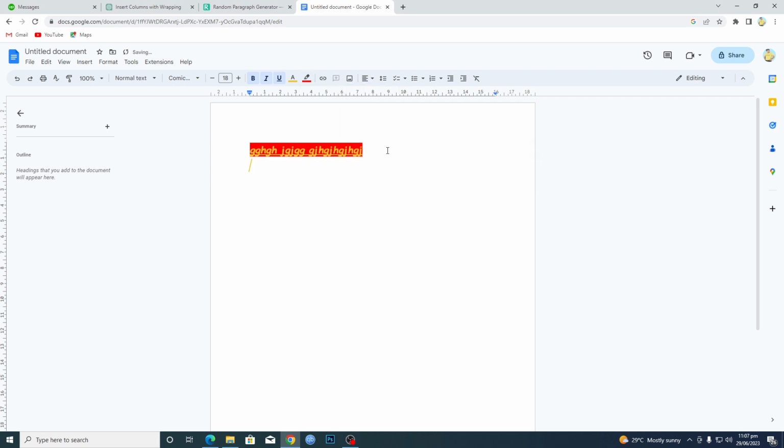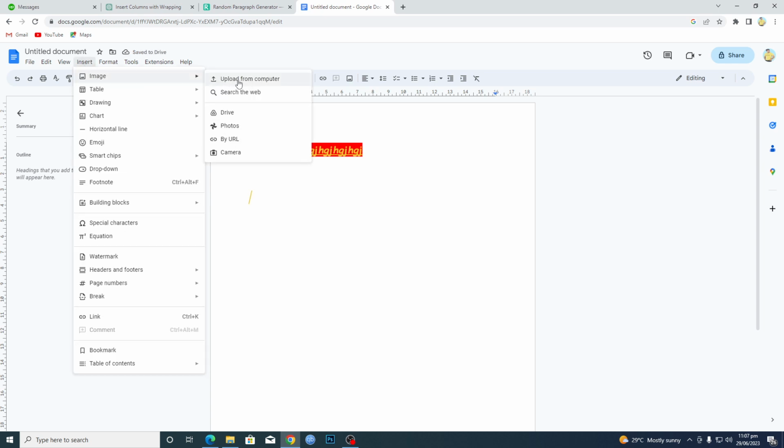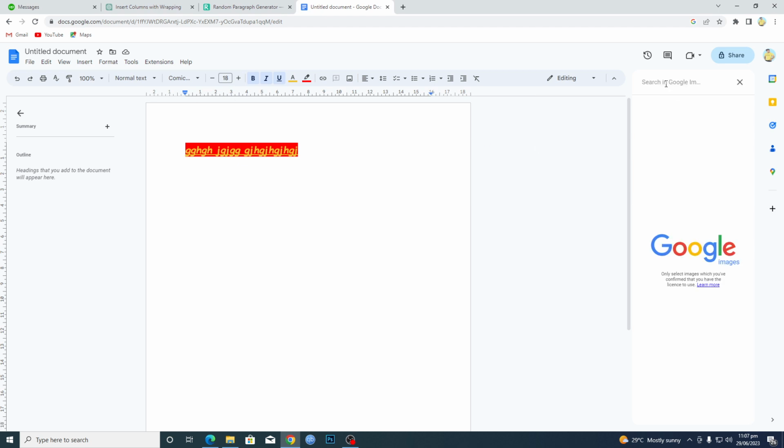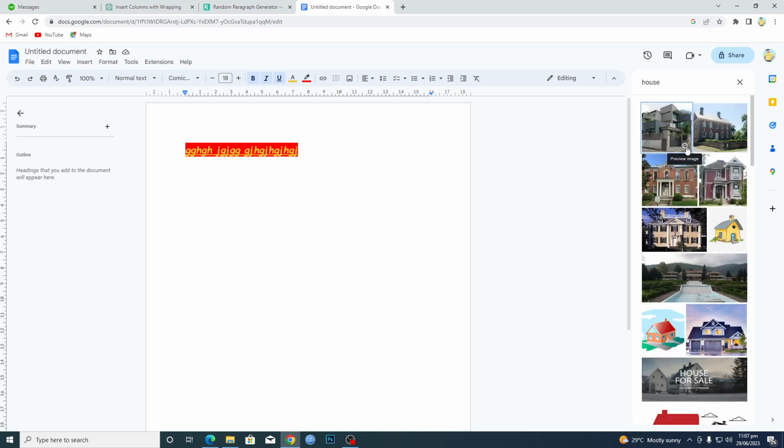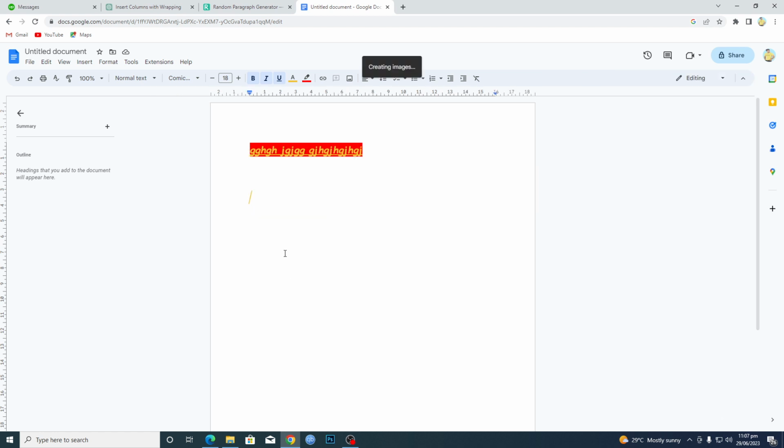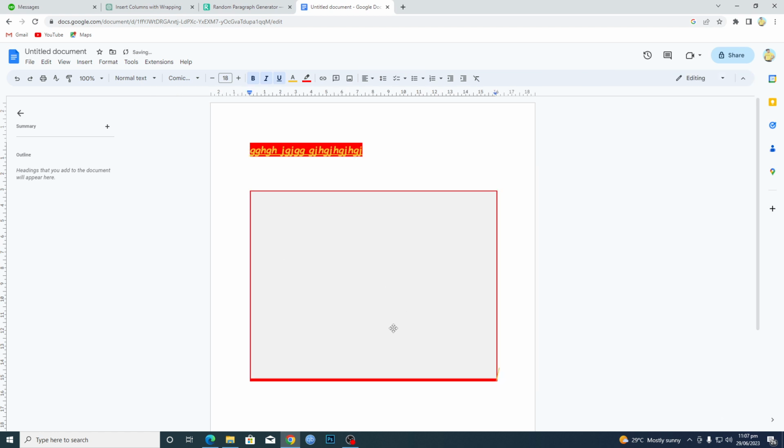And basically now, let's suppose you wanted to insert an image, go to Insert, Image, and there are multiple sources from which you can add an image. So I will just search the web here, and here you will add some keywords. Let's suppose I type here house, press enter, and you will see a bunch of different house images here. So I will select this one, click on Insert, and you will see that we have just inserted a beautiful